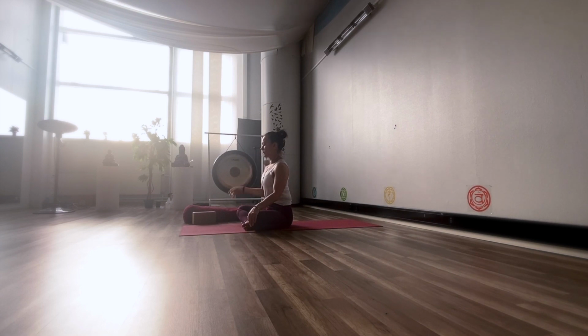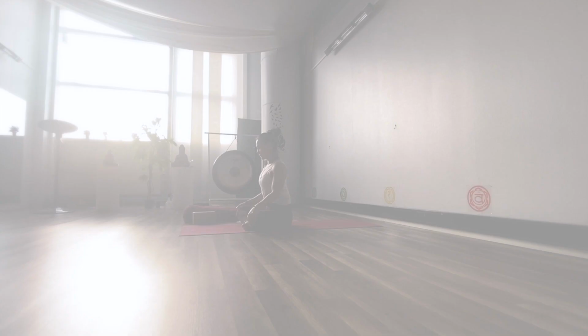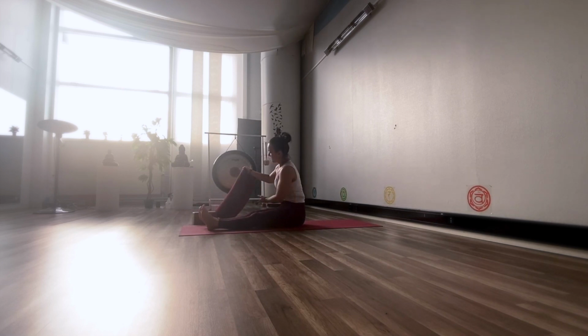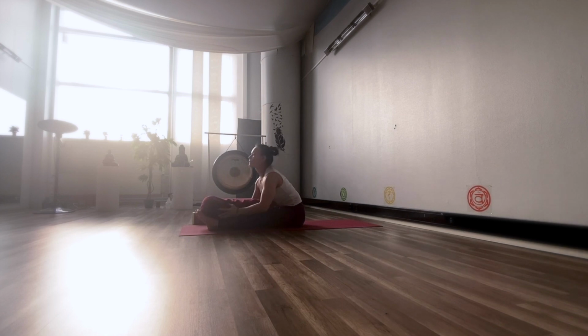Then we are slowly releasing our hand to our lap and continuing on to our asana practice, and we are moving on to caterpillar. So you will need your bolster for this pose. So we have our legs straight and you can place the bolster over your legs, and then grow toward the ceiling and come to your forward fold over your bolster,